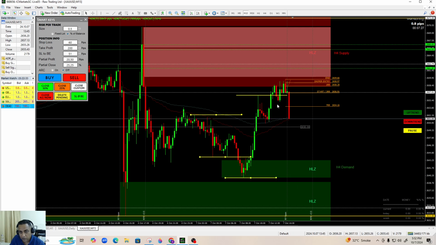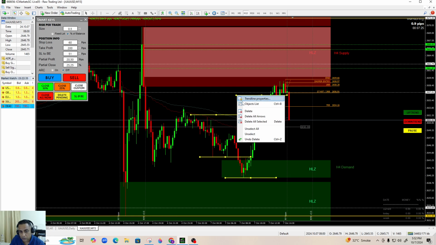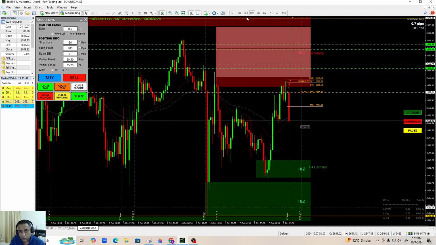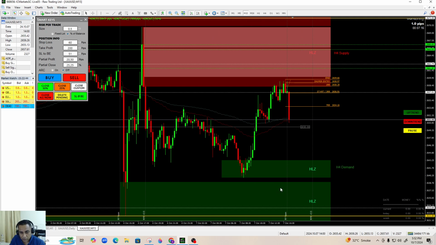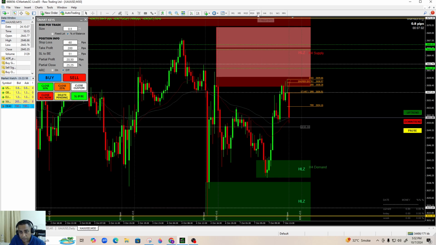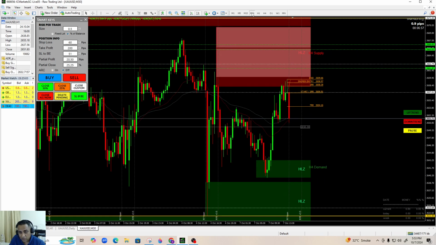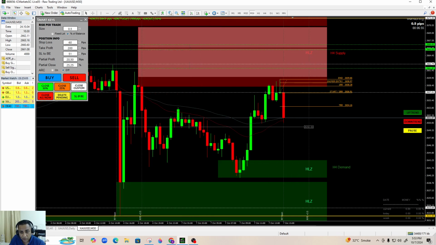I'm going to get rid of these. Now, let's do the same thing here. Look for a liquidity candle. This is a high liquidity zone. I marked it because it took out the supply on the left, but that is kind of H1 supply that it took out. On the 30-minute,